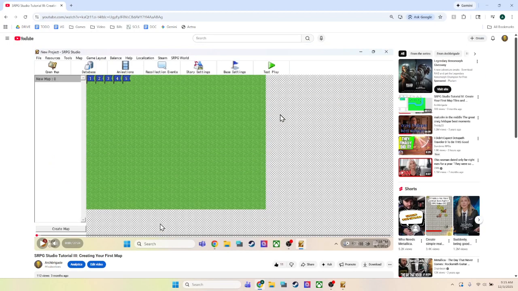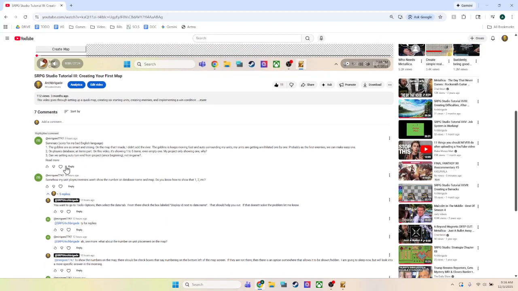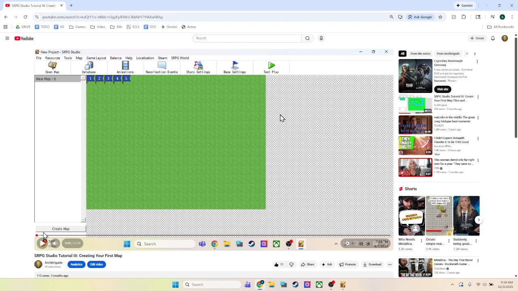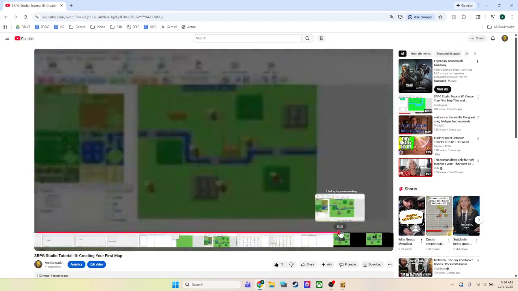Okay, so I got that part. And we have a few more comments. He replied this morning, sorry for my bad English. It's fine, I'm able to read it. The goblins are so smart and strong. On the map that I made, I didn't add the river, because I guess I added a river in my map. As you can see,